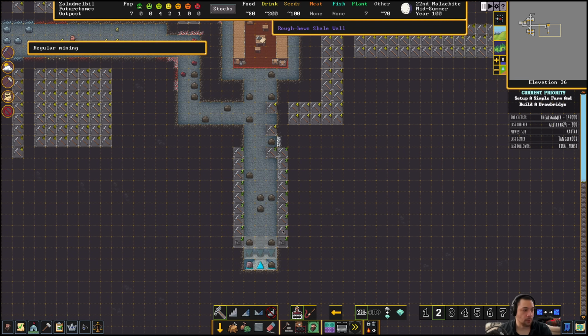Then the other thing I want to do is the drawbridge walls here. I'm going to have them as fortification walls so that in the case that there are enemies at the base of my ramp, I can shoot them with crossbowmen. Because that sounds good. So these sides are...